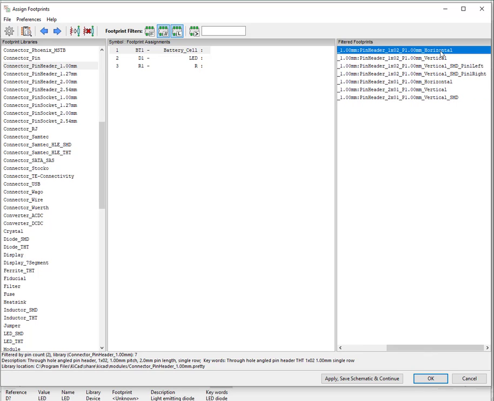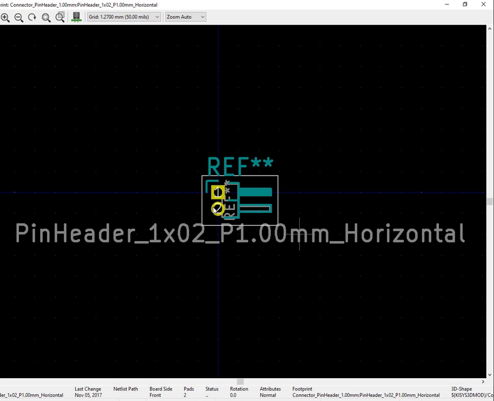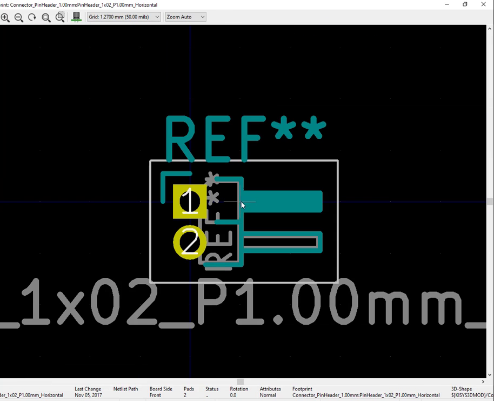So how will it look, how does this actually look like? And if you want to see the 3D view of that, you can just right click on this particular footprint and click view footprint. So you can see that this will look somewhat like this.